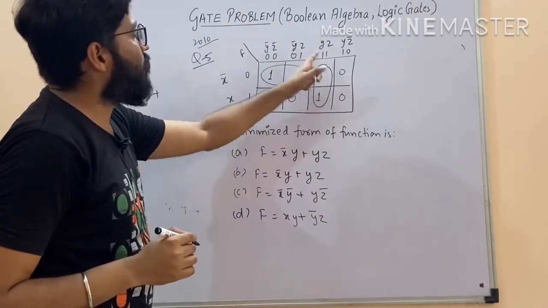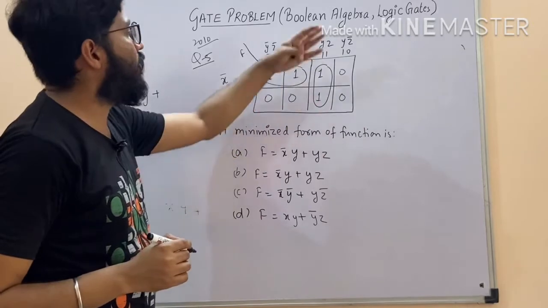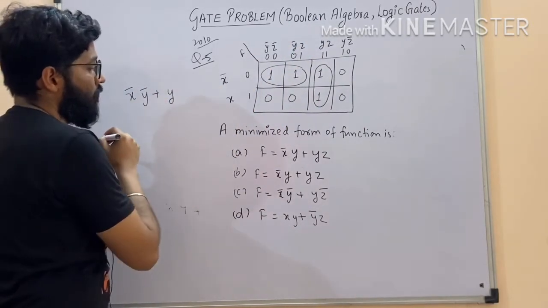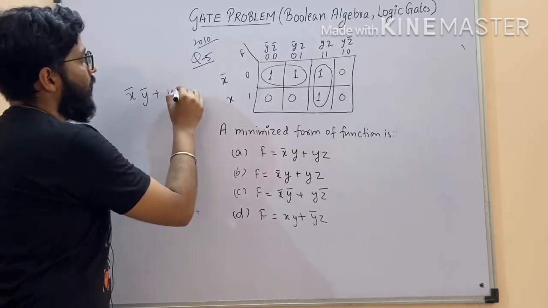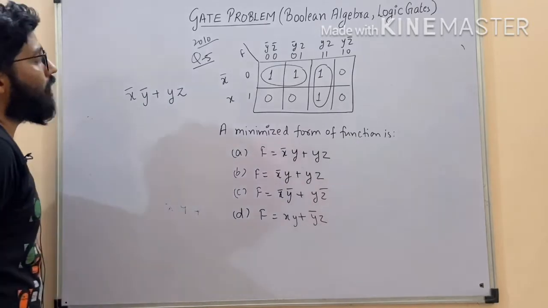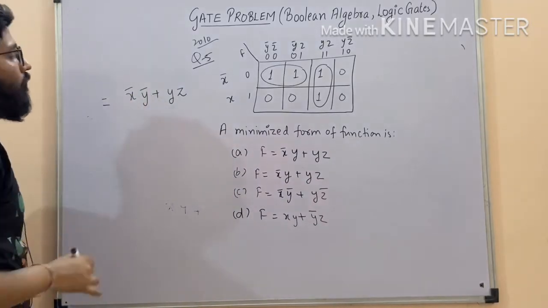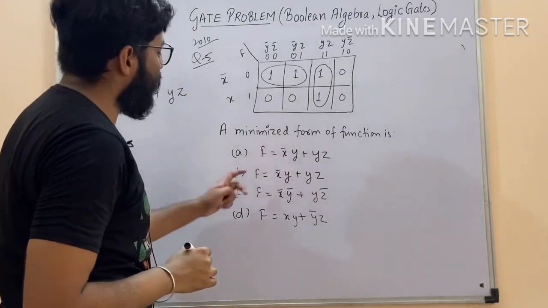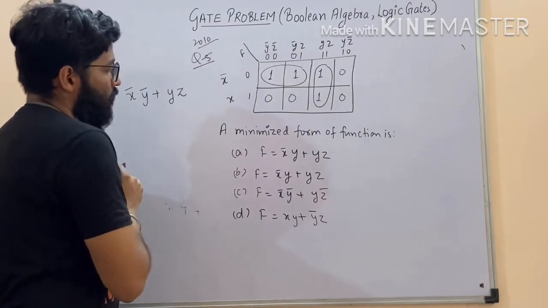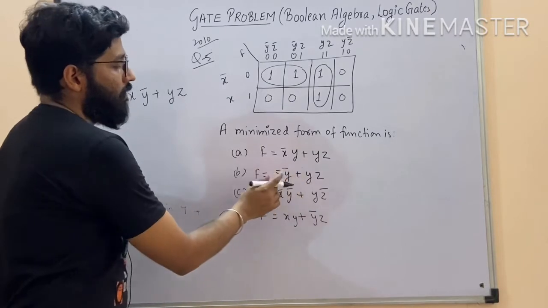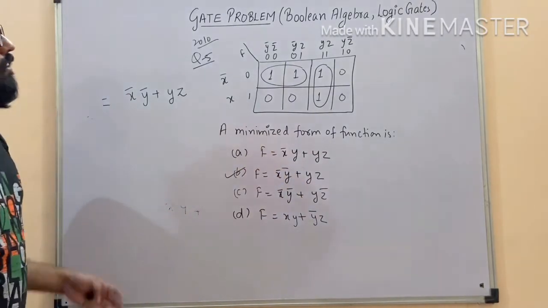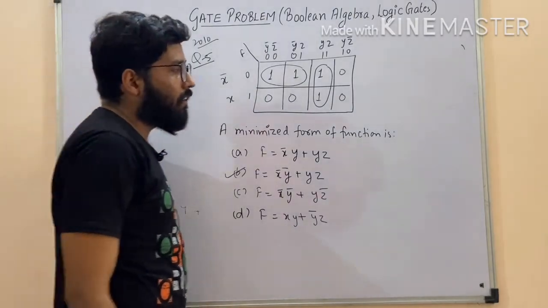Now you have to group this one. In the left nothing is common. At the top what is common? Y and z is common. Okay, so your correct option is x complement y complement plus yz. So you will see which option is matching. First option nothing matching. So okay, there is a correction. This is x complement y complement. Then option B is matching. Okay, so in this fashion you have to minimize your given function.